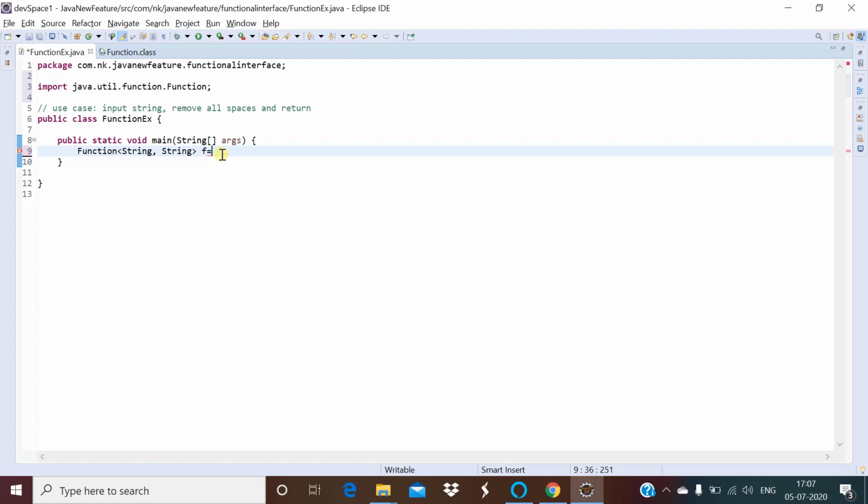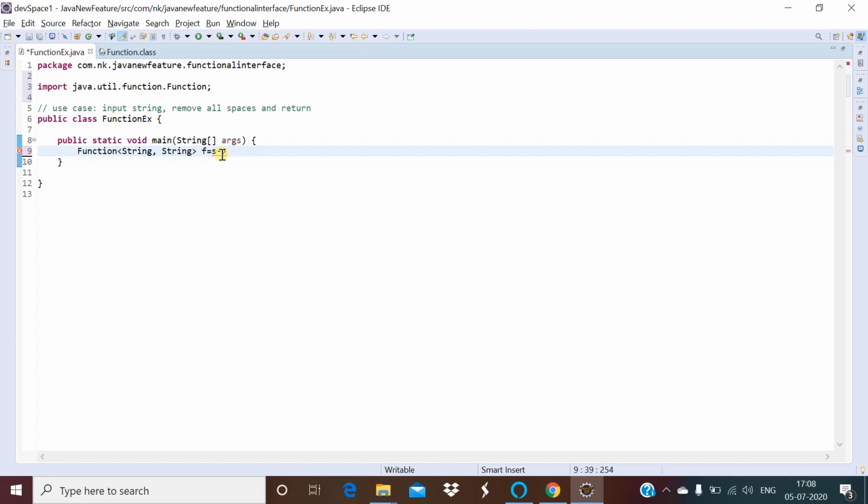Now you have to write the lambda expression so that this Function interface can hold it. As I said, for one input parameter we will take something like s, it's your own wish. Now you have to take the arrow sign and give the logic.